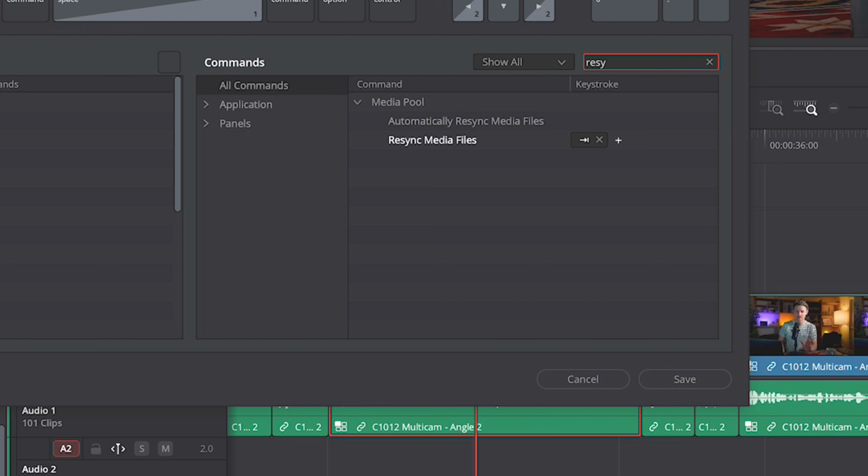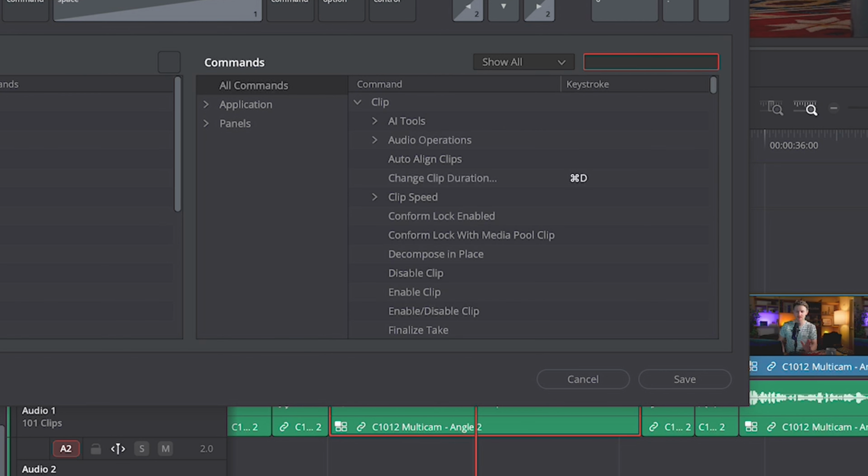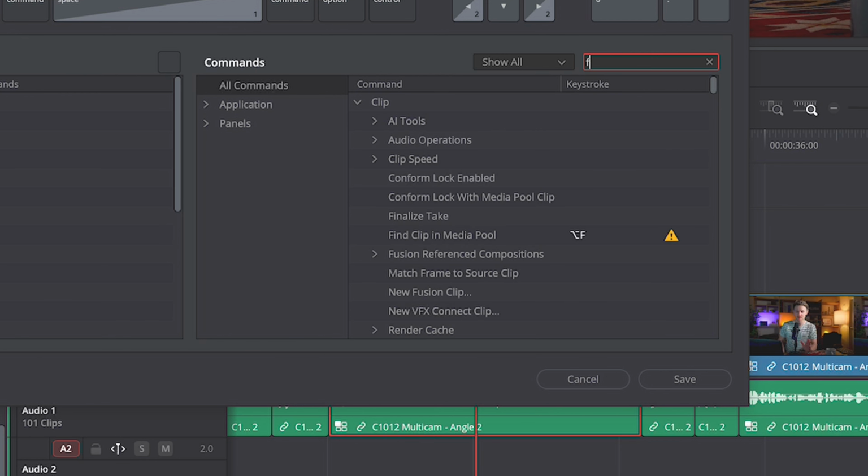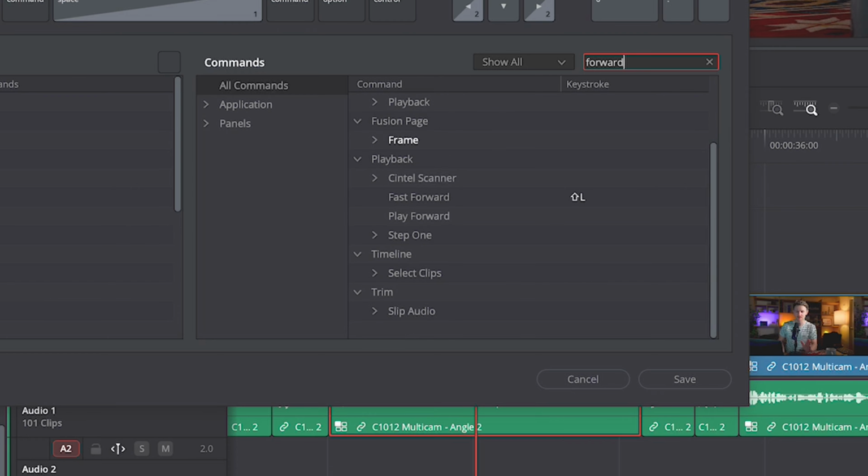There's resync media files. The select clips forward one, if we type in forward, here it is, yeah. Timeline, select clips, forward on all tracks is A. Forward on track is Y, so if you often select things on a specific track, like music or sound effects or whatever, you press Y to do that. I've learned something today. The last thing I would say is dial it in for a two-handed workflow, one hand